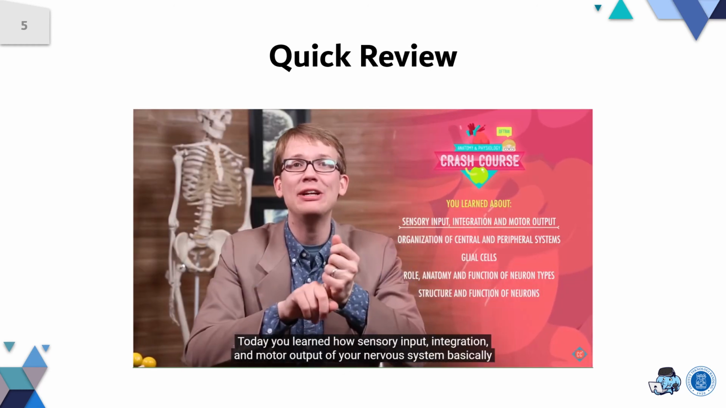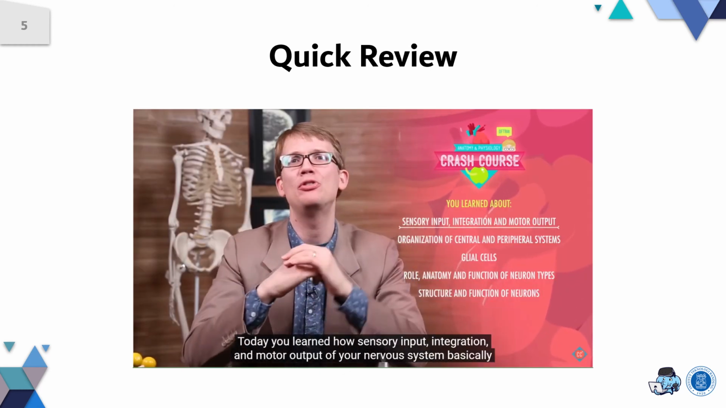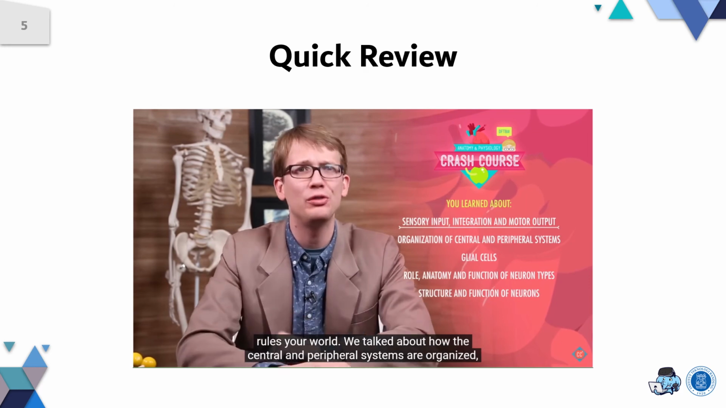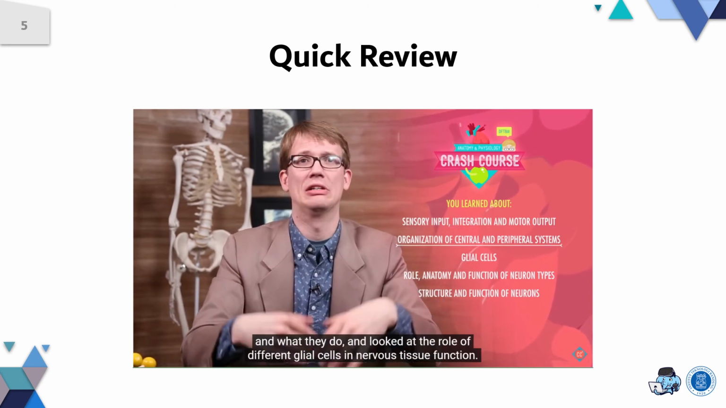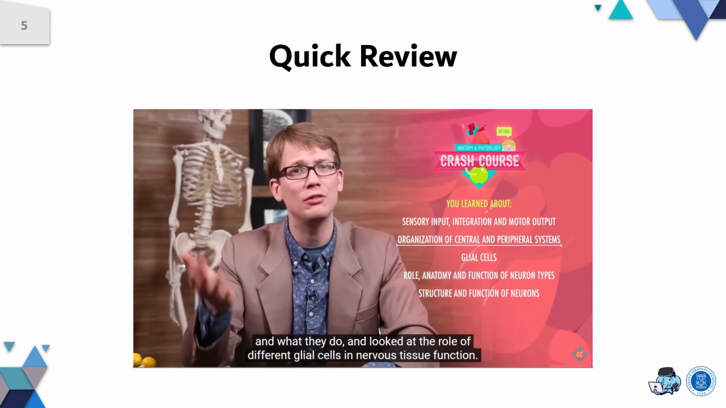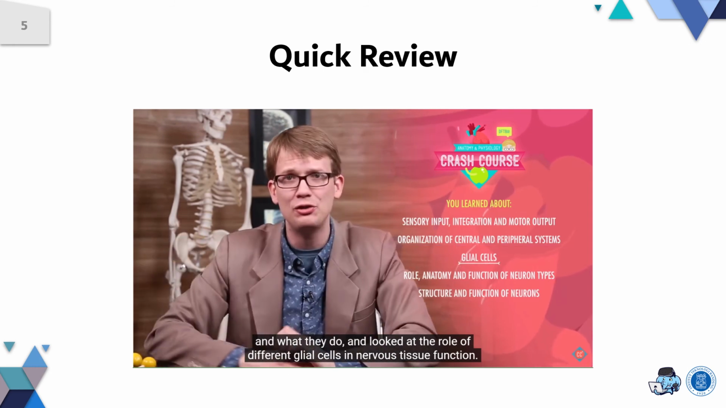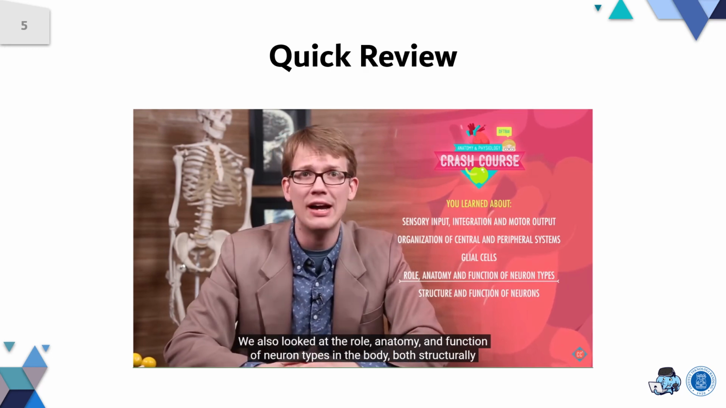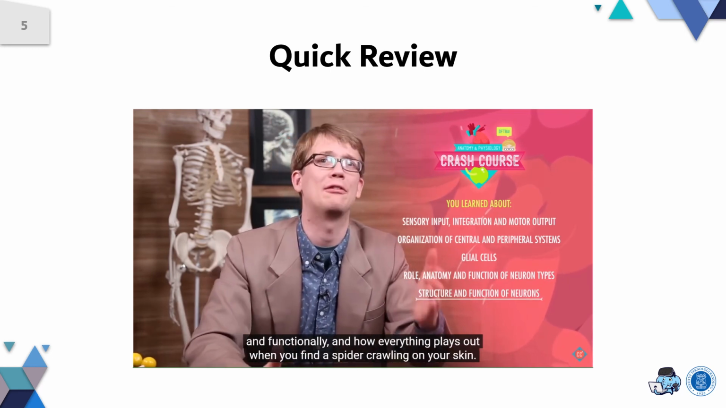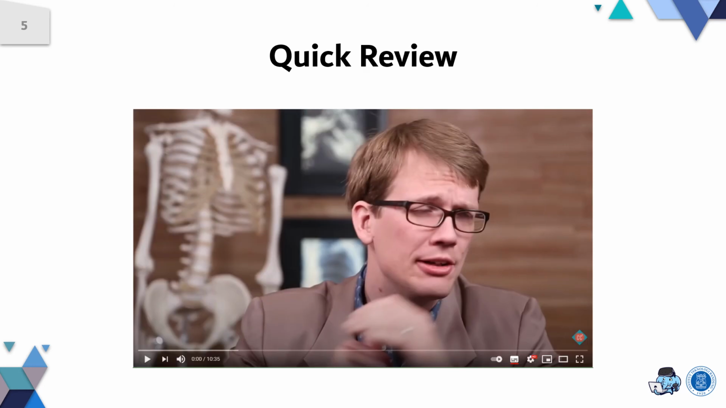Today, you learned how sensory input, integration, and motor output of your nervous system basically rules your world. We talked about how the central and peripheral systems are organized and what they do, and looked at the role of different glial cells in nervous tissue function. We also looked at the role, anatomy, and function of neuron types in the body, both structurally and functionally, and